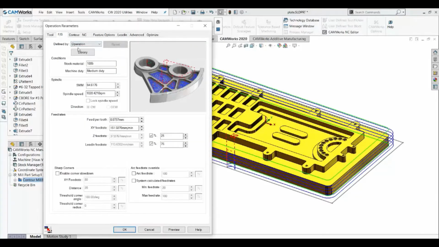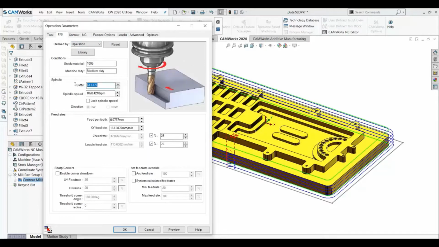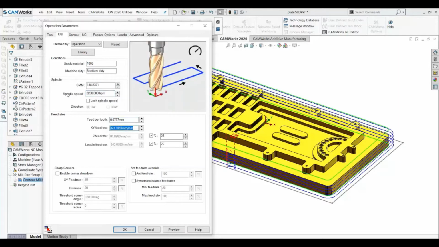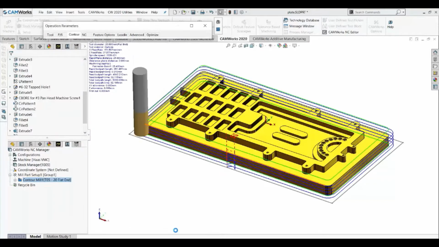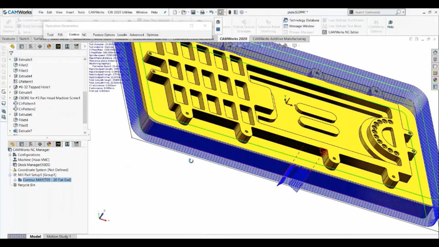For the feed and RPM, you can set it either with the surface speed or with the spindle RPM. Let's say I am having 2200 RPM along with a feed rate of, let's say, 1200. You can set those feed rates. In the control page, you can have the depth of cut. Over here I can say my first cut will be 0.5, then all the cuts will be 1 mm and the last cut will be 0.1. So you can set that. If you want to see the preview of how the toolpath looks, then click on preview and you will get to know how the toolpath will actually look like.